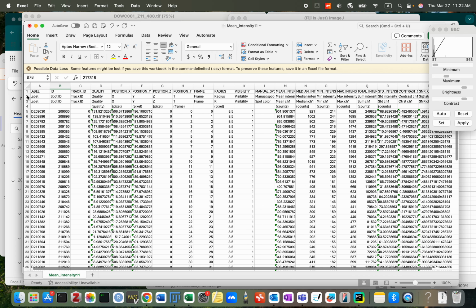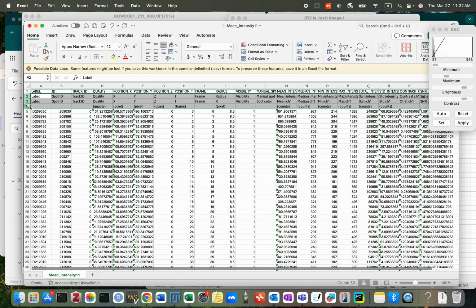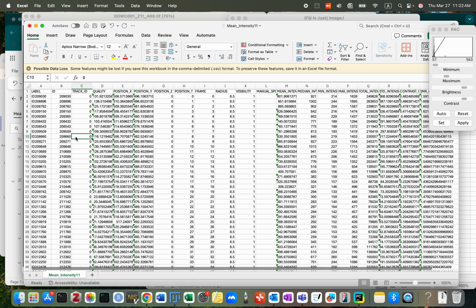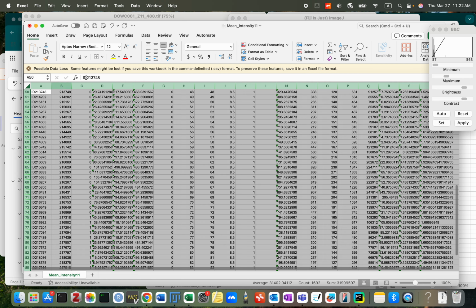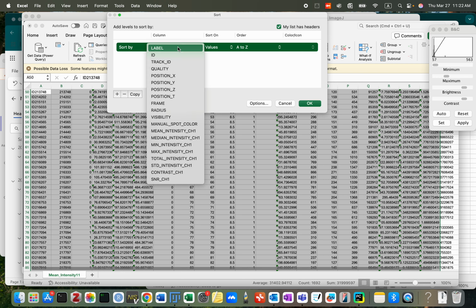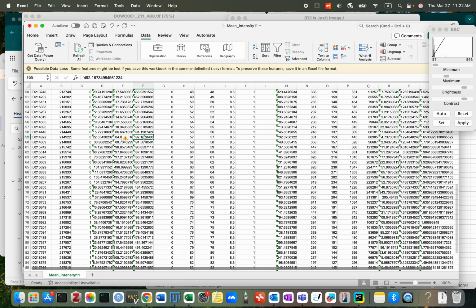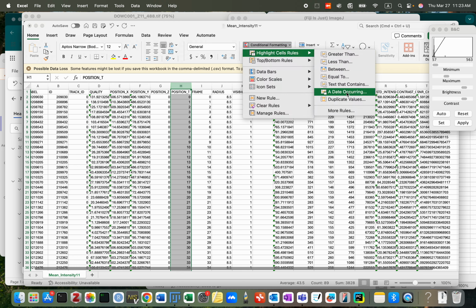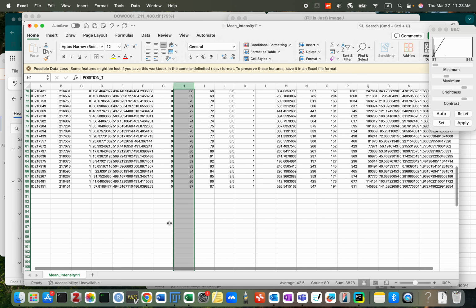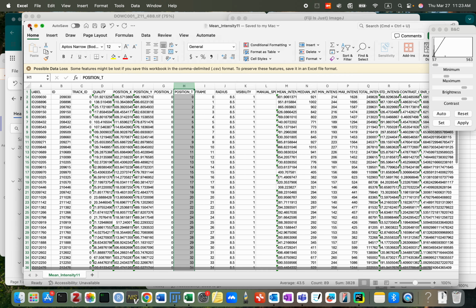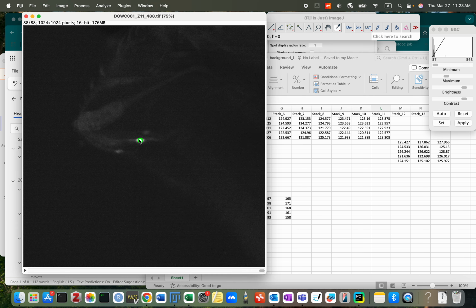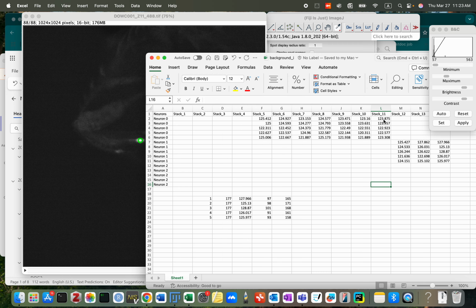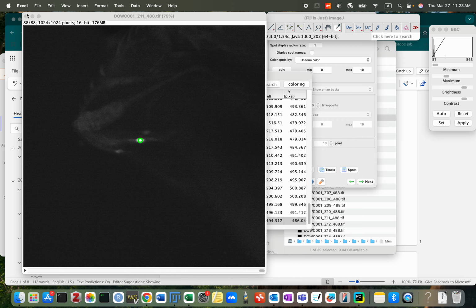Because we have 2 tracking IDs, we need to do sorting by position T, and then check duplicates on position T. No duplicates. Then background: because we have the background extracted from neuron 0, I will use it. Okay, you just copy, paste. Then